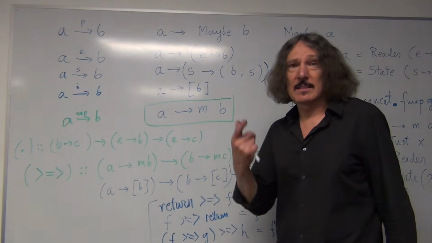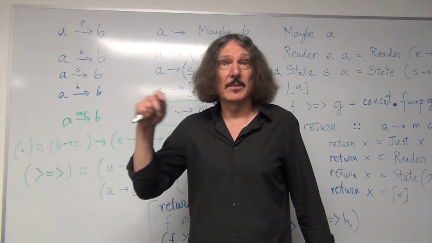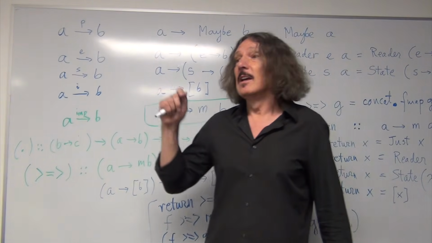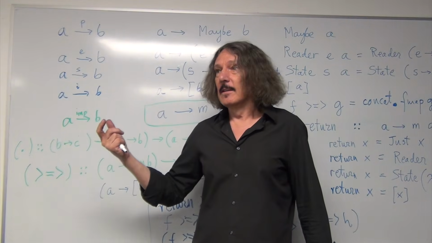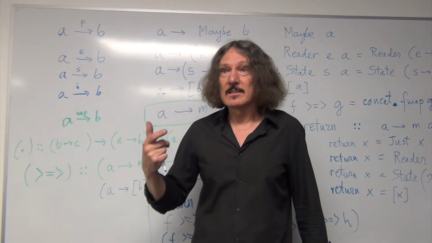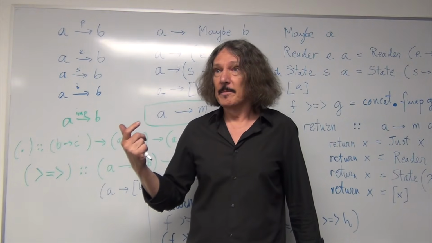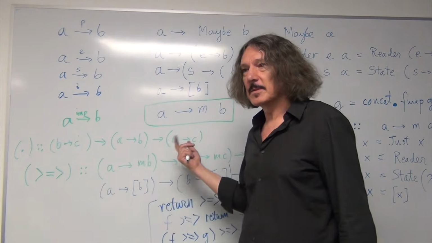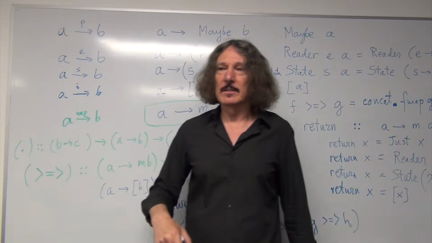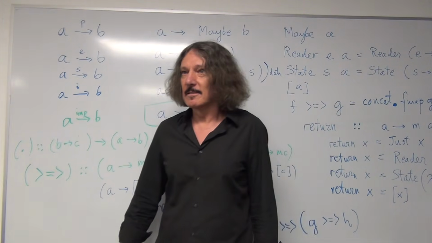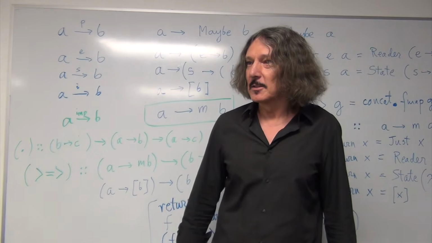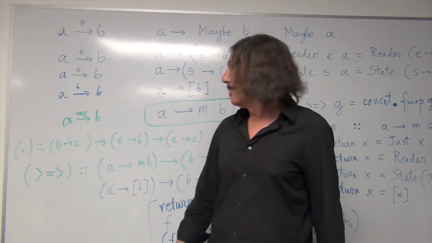And by the way, this kind of structure, when you have a generalized multiplication and you have some kind of unit, neutral element, and it's associative, is called a monoid. So a fish forms a monoid, or a monad is nothing else but a monoid in the category of endofunctors. I said it.